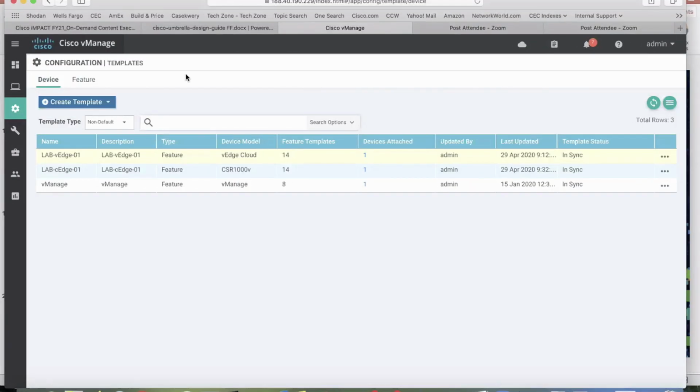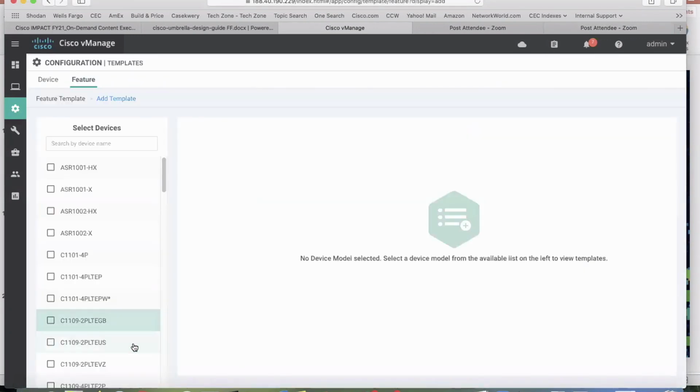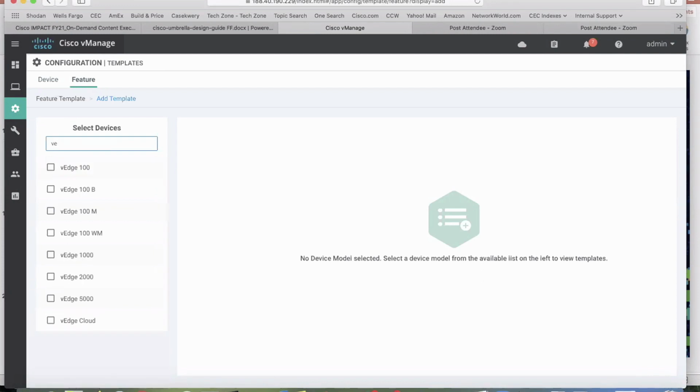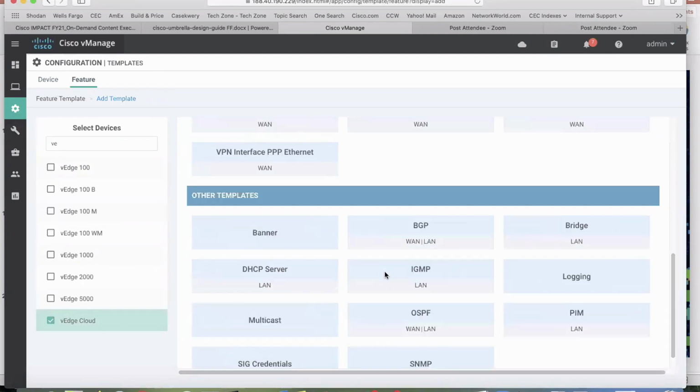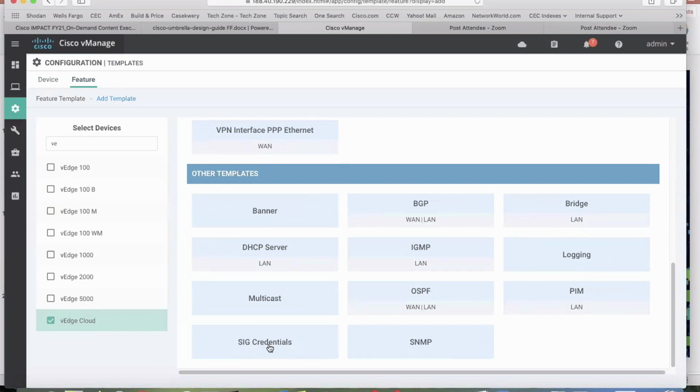And I'm going to just briefly go through the templates themselves and just see what that looks like. So if you're not familiar with it, once you log in, everything's tied to a template. I'm going to just use a vEdge device as a talking point. And the first step that we're going to do is we're going to go in, we're going to create our